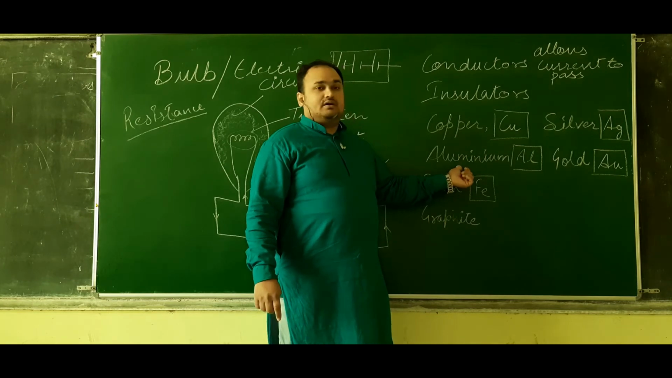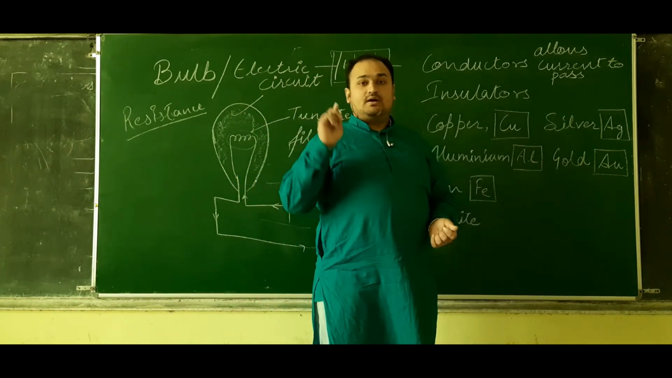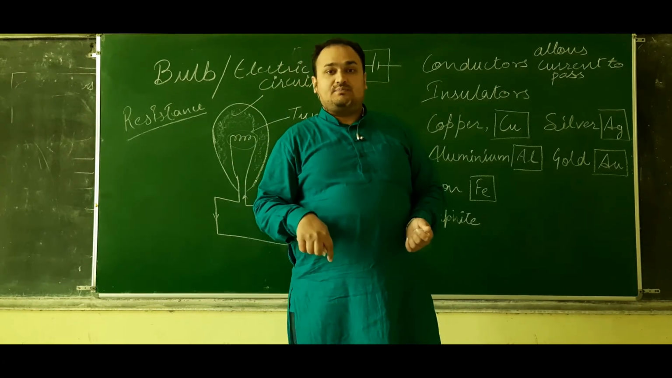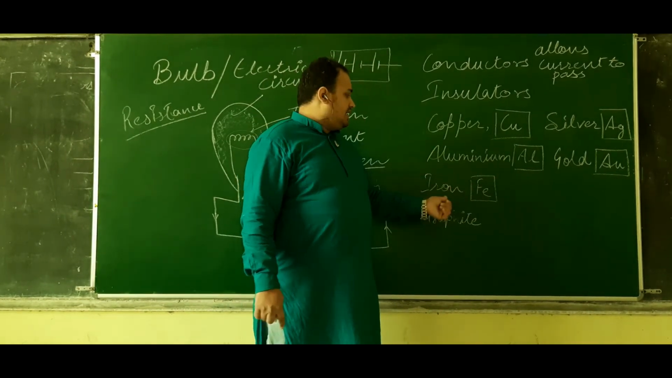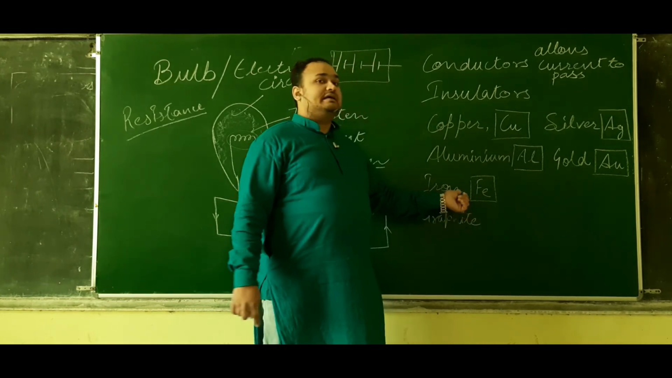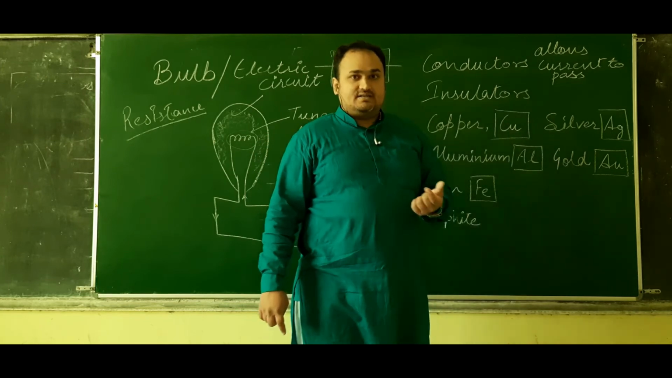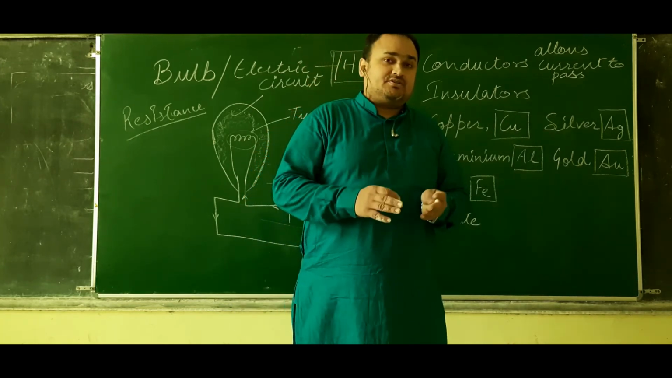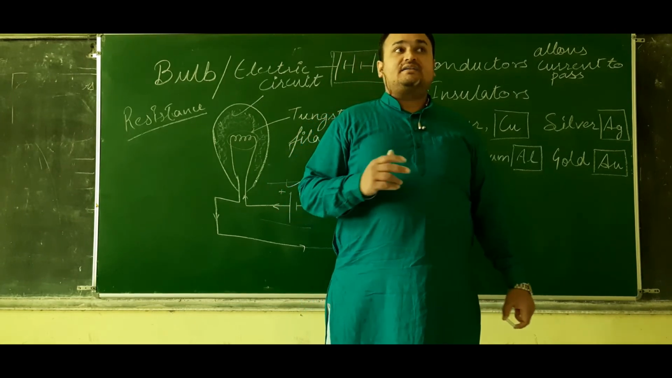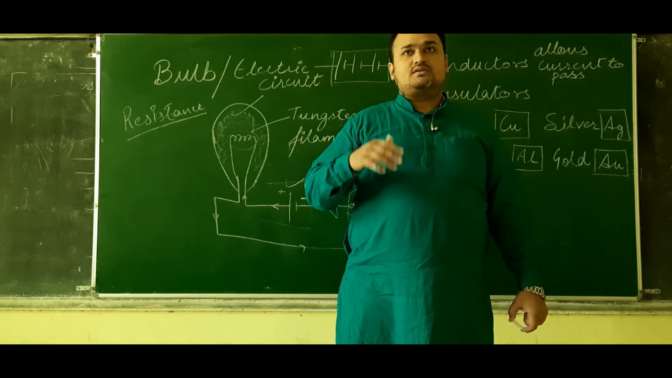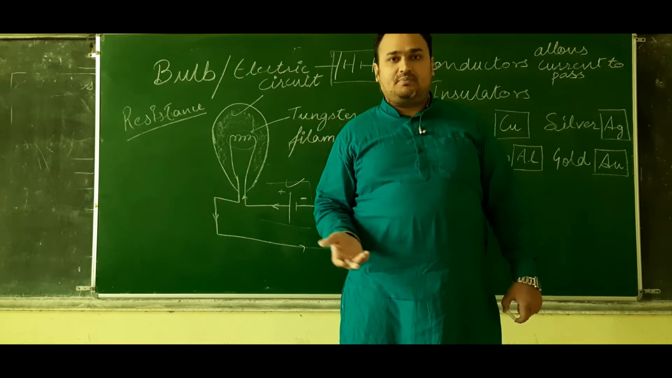Okay, and next we have aluminium. The supply which is given from power plant to your home is given through aluminium wires. Okay, and iron is a conductor, but it is not that much good. So we don't use iron for directly conduction of electricity, but we use it for some different purposes. For example,